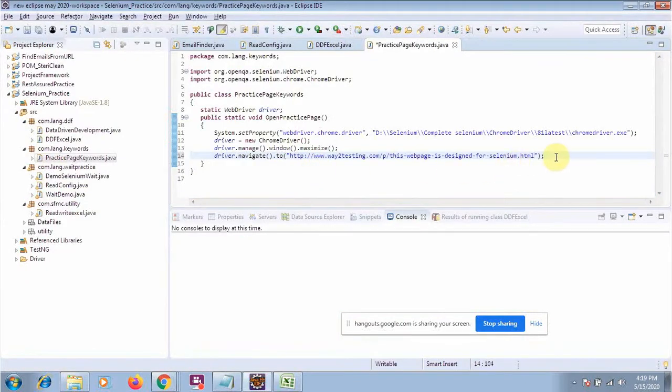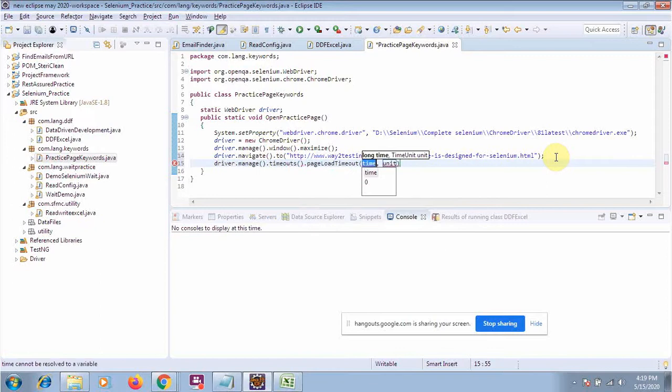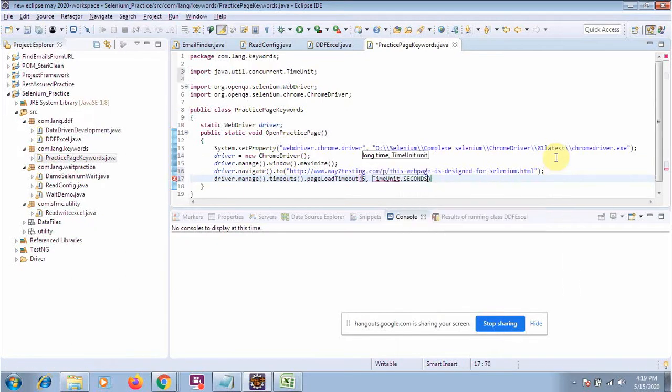Okay, and I will implement a page load timeout. I will say driver.manage().timeouts().pageLoadTimeout, 5, TimeUnit.SECONDS. This one I will take.